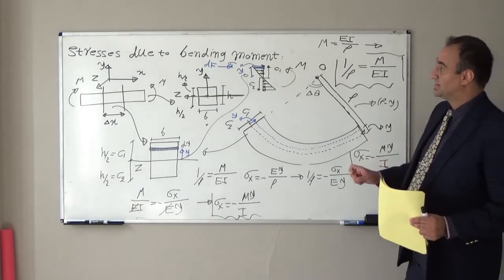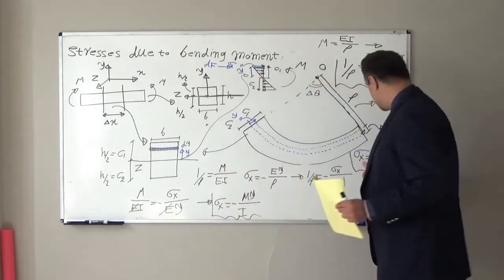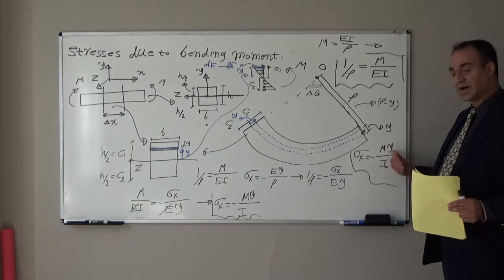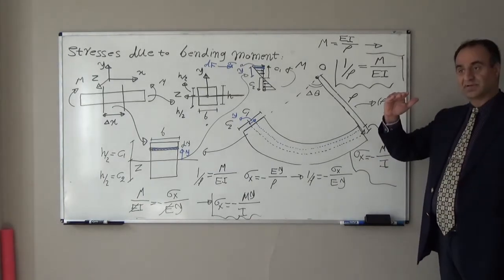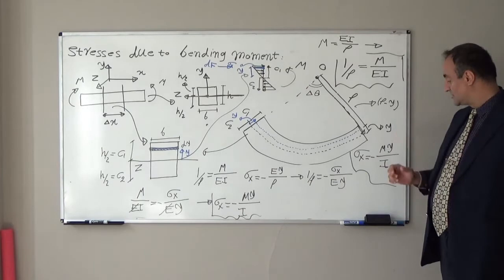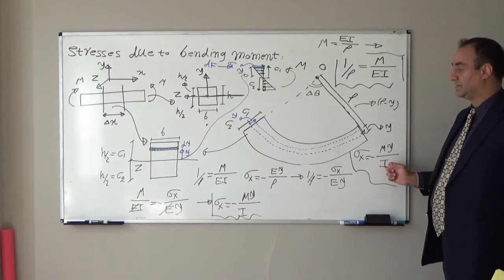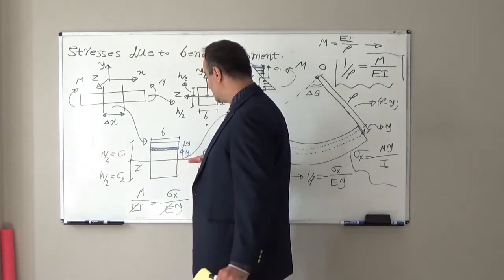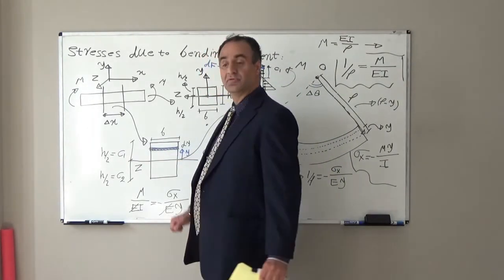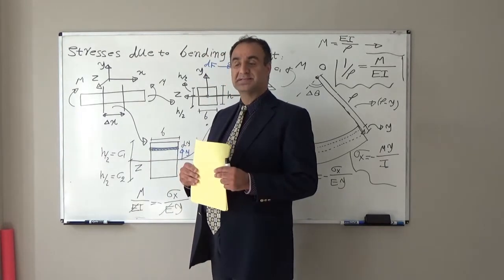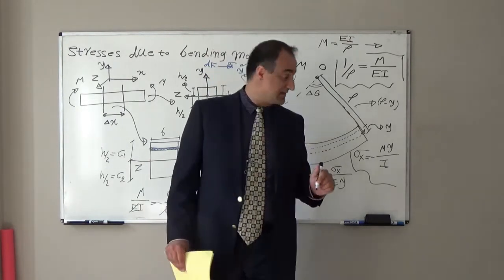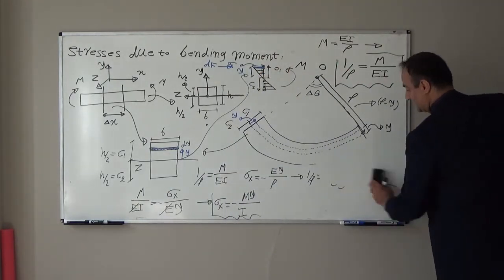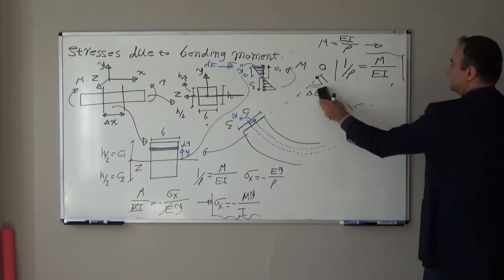So, stress due to bending moments is equal to bending moment times y, the distance of fiber from neutral axis location, divided by I, moment of inertia with respect to neutral axis location, and neutral axis will pass through the centroid of the cross section. So now if I remove all these,